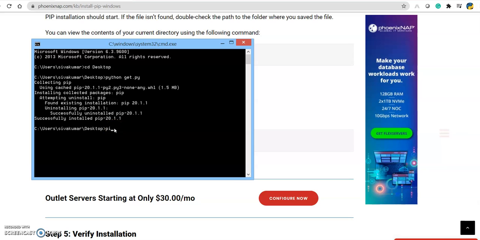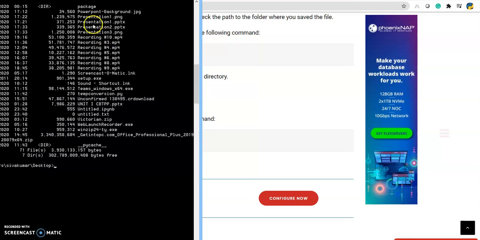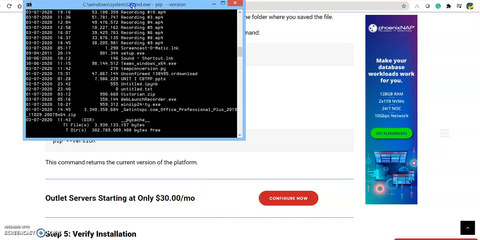I already told you, dir is a command which will show all the content available in the desktop folder, and then I am going to give pip hyphen version. It will display the current version which you have installed.